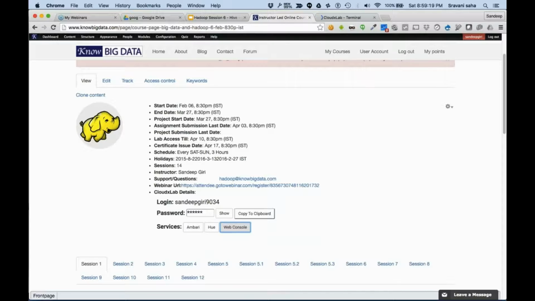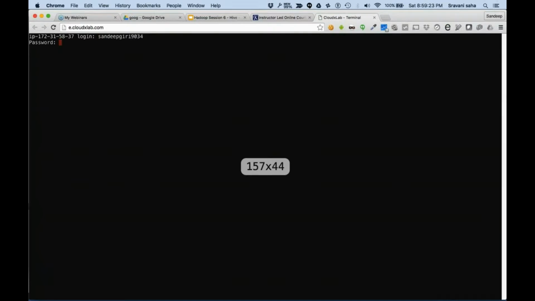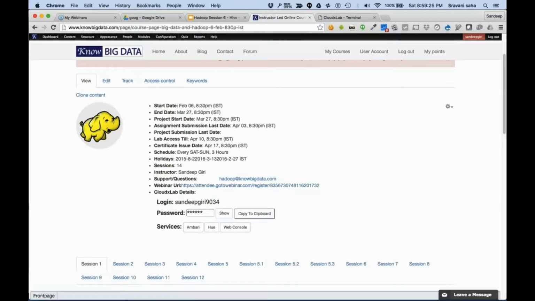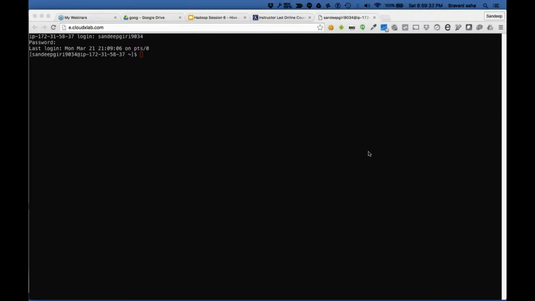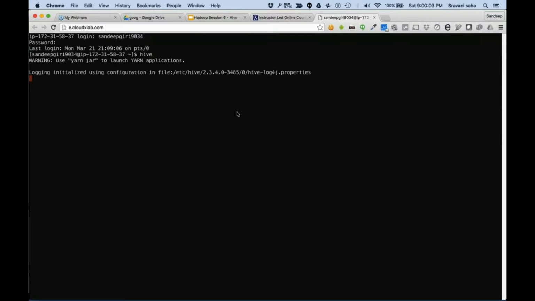So you open the console. It automatically moves the file from Hive. If you go into the console, you can see that it is loaded.